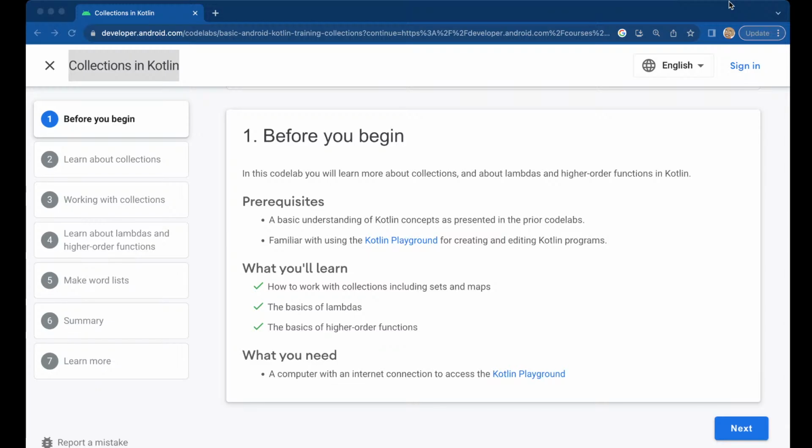Alright, without further ado, let's get started. This channel's all about becoming a better Android developer. And so I'm going to go ahead and mute this music. And so we're going to be going over this code lab, the collections in Kotlin. And so I'm going to go ahead and post this link in the chat so that the people can be able to follow along. And also, of course, post it in the